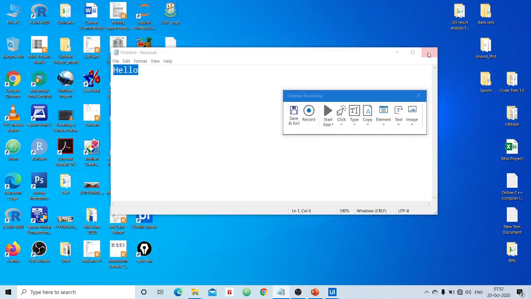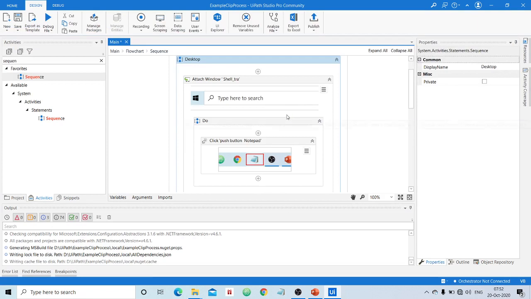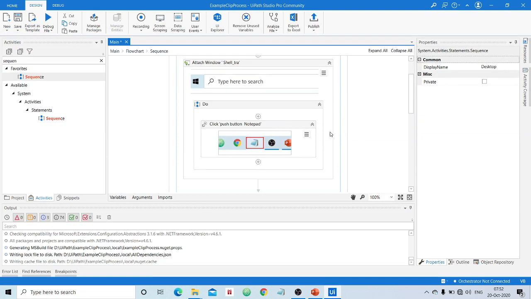Or else you can close this; the order does not matter here. Closing that notepad does not matter. You can save and exit, and then close the notepad. Now click save and exit, and cross check whether all the actions performed by you have been recorded over here.